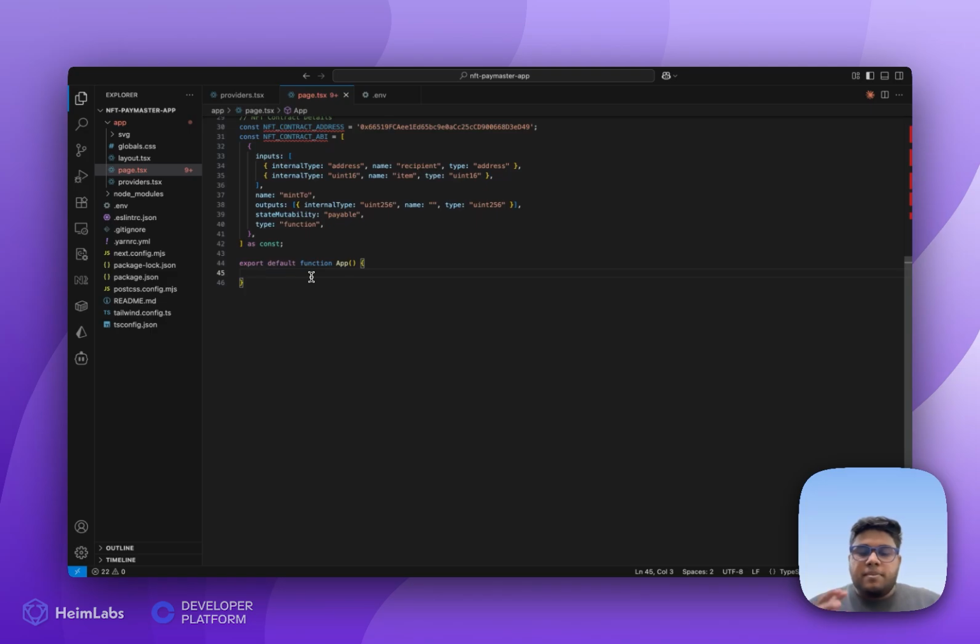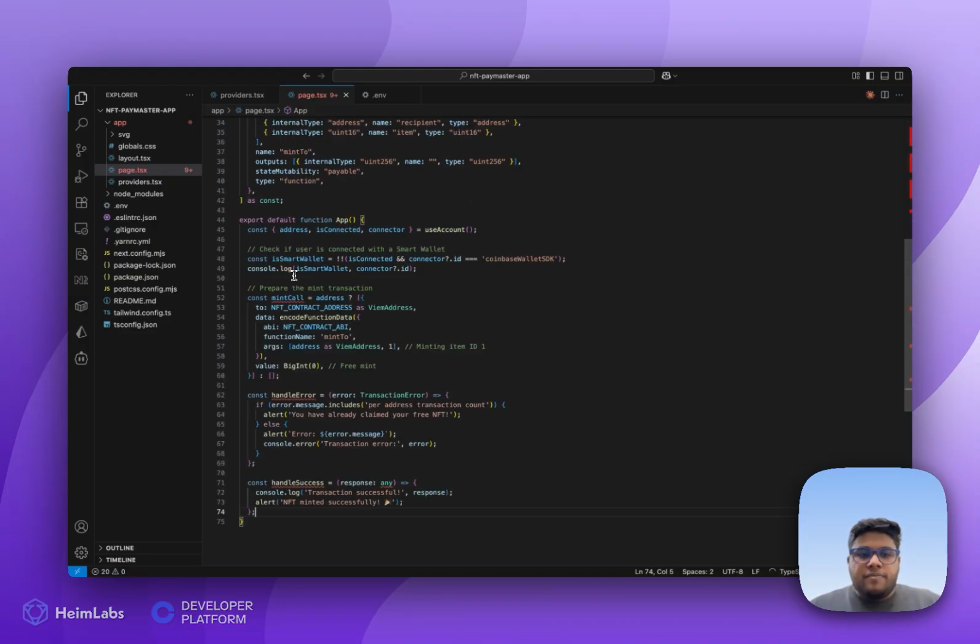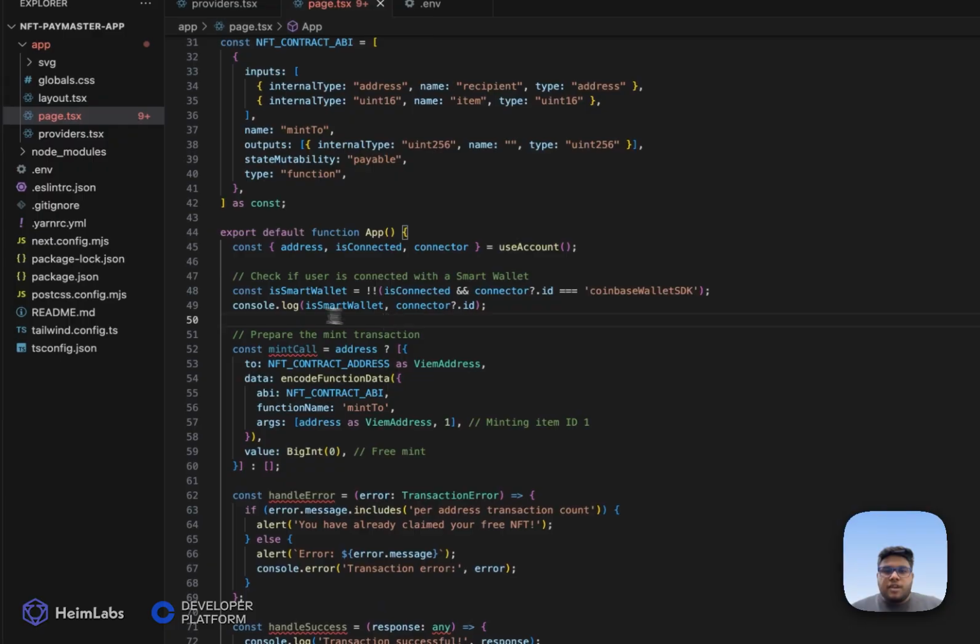So now let's start with the main app function, which would define our whole application or website over here. First of all, we would have the transaction management utilities that we would be setting up before moving on to the styling and the various other components of the application. I already have the code over here. First of all, we have the various useAccount utilities that we would be using throughout the application, like the address, the isConnected component and the connector components. We'll be using these throughout the application to show the various status of the wallet.